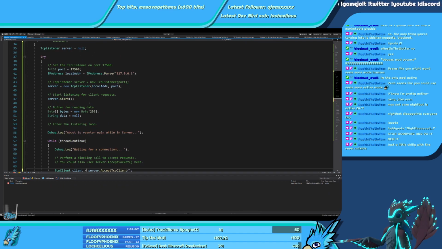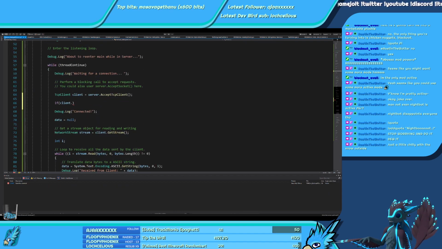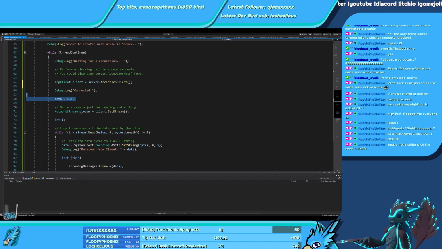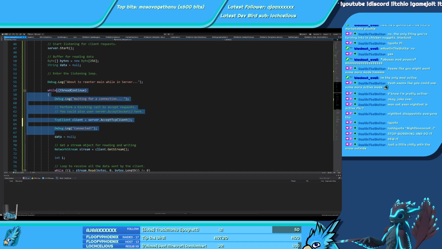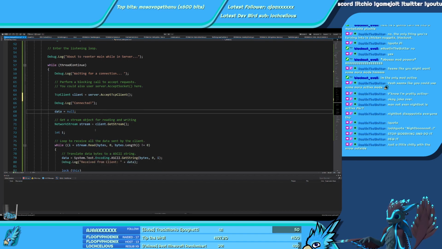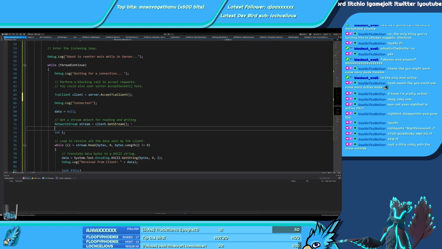Okay, this is not an await. So start accepting TCP clients. Just debug log here, set the data to null, even though it's already set to null here. Oh no, wait, because it's a loop. It resets the data. So now it is connected with a TCP client that's available there. I mean, maybe there's no TCP client opened, but it accepts TCP clients now.